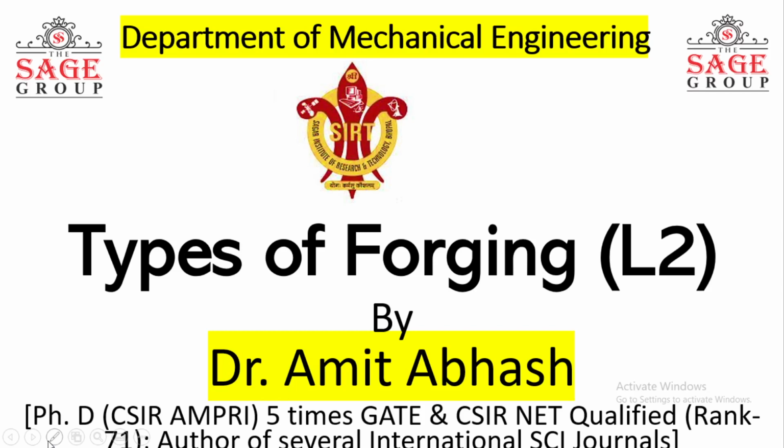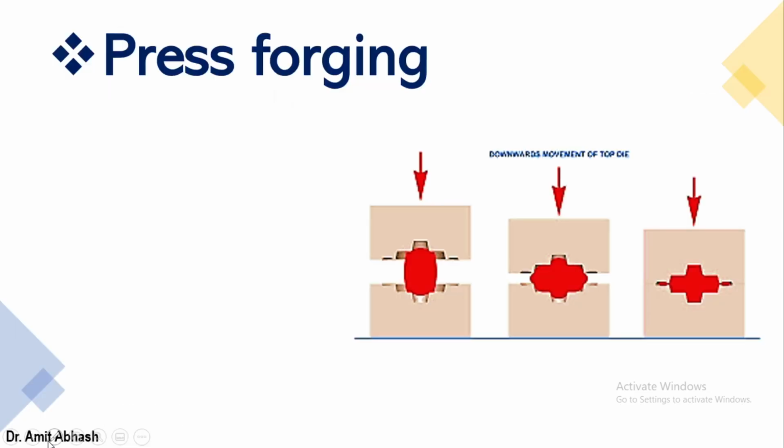In the previous lecture, we have seen the types of forging, two types, and we have seen the introduction regarding the forging operation. So what is the mechanism behind the forging, and two types of forging we have seen in the previous lecture. Now, continuing in a similar manner, the next type of forging is press forging. We have seen in the drop forging that impact type of loading was applied on the specimen to deform it into the final shape.